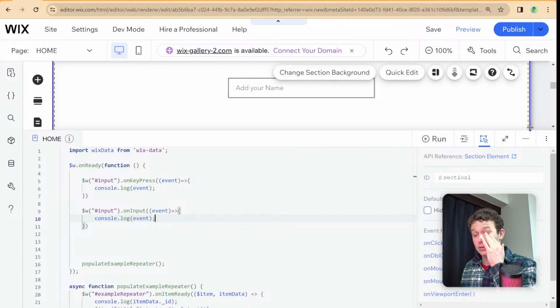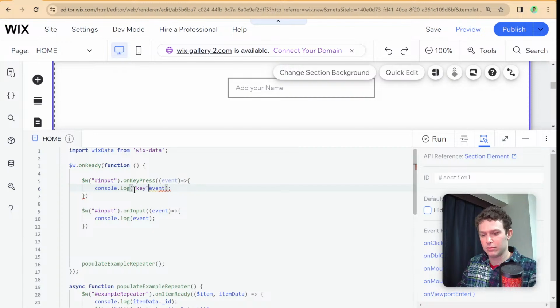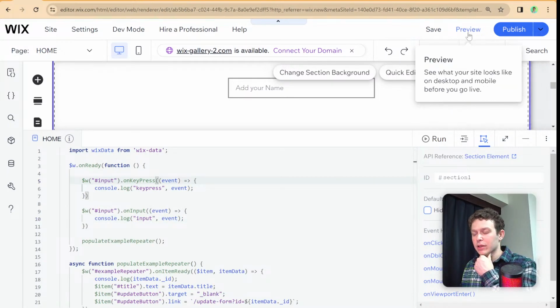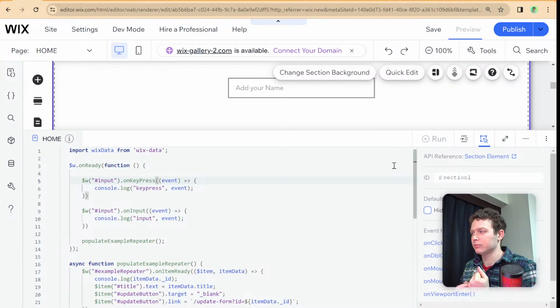So, let me log, let's say here key press, and here let's have input. And if we take a look at this in preview mode,